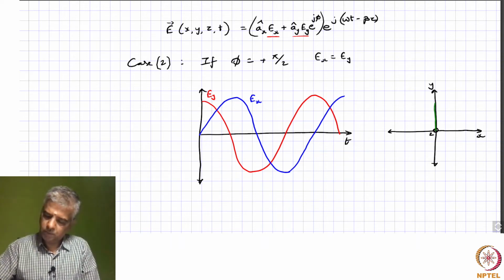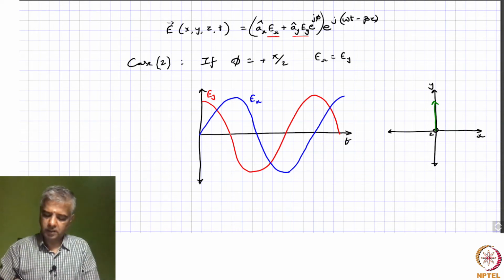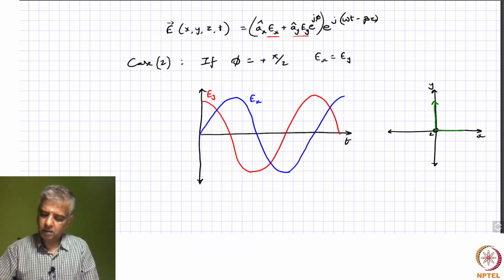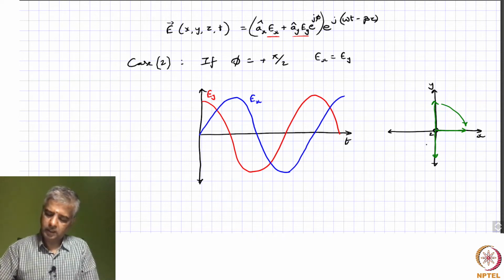So, initially it has a maximum in the y direction, but after a certain time y goes to 0 and x is present. So, it goes from here to here, and then after some time y goes to maximum, x goes to 0. So, it goes here,